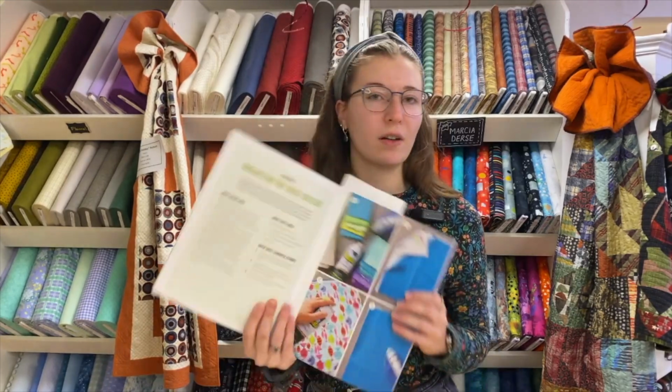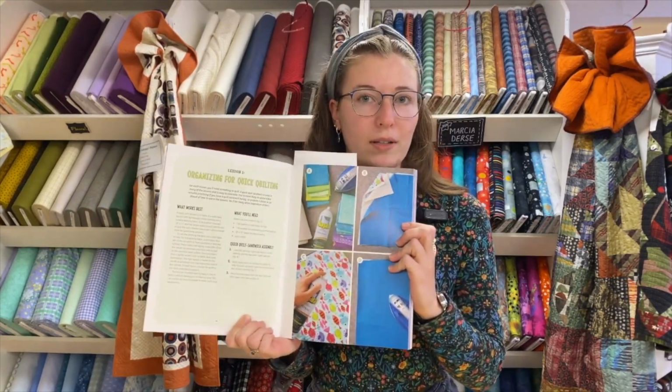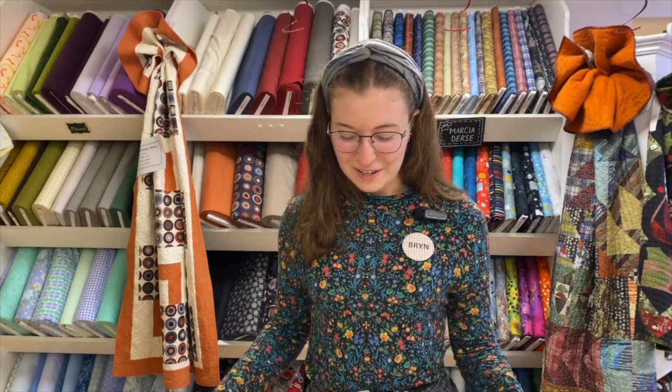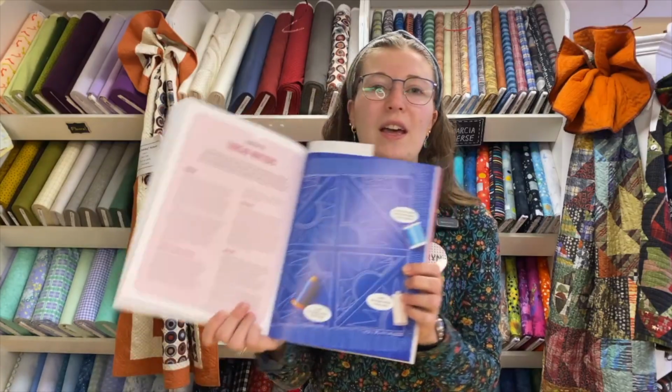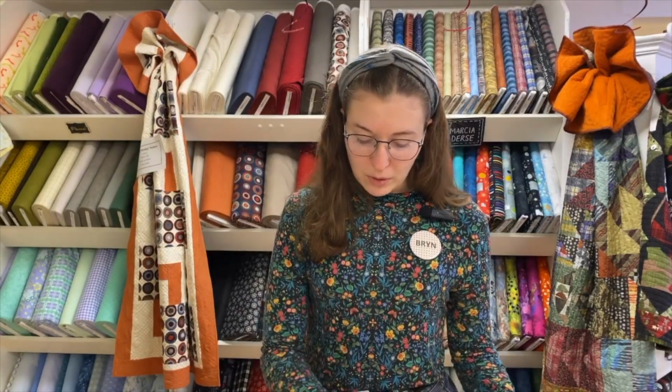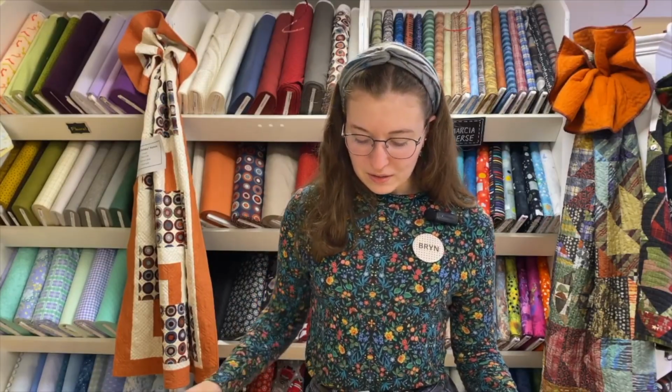So, you start off with the basics, organizing. We are starting from the top. And then you get into doodling, you get into kind of more of the fun designs. And then one of the pages in particular goes through your materials, which I think is where this book really shines. It goes through the thread, thread color, thread weight, the various materials,